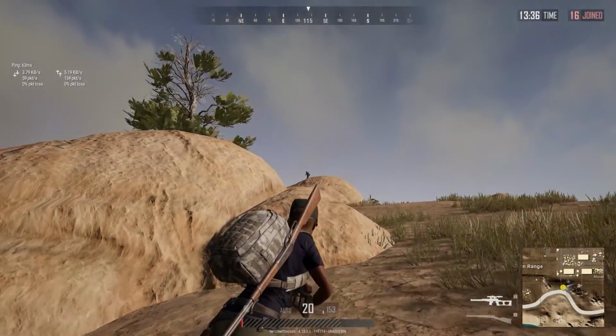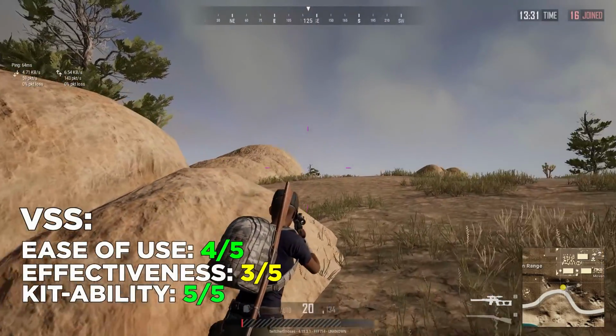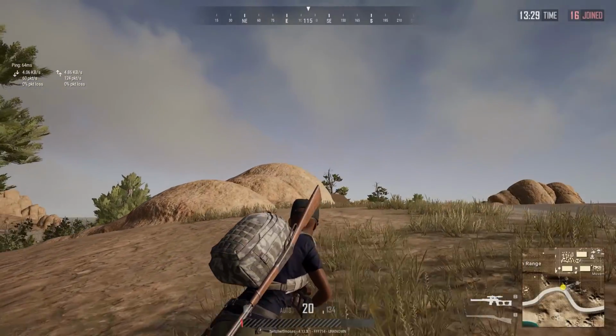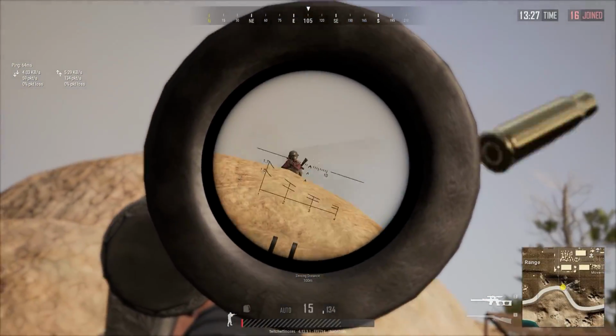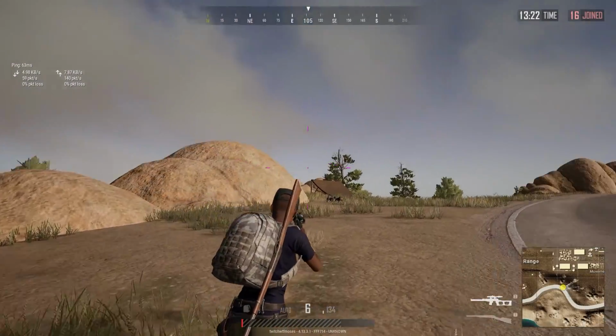Extended mag and a cheek pad, but the cheek pad doesn't make or break the gun's effectiveness. The kit ability score for the VSS is 5 out of 5. Deception. The VSS also scored high on deviousness, considering how much weight players place on the silent nature of the